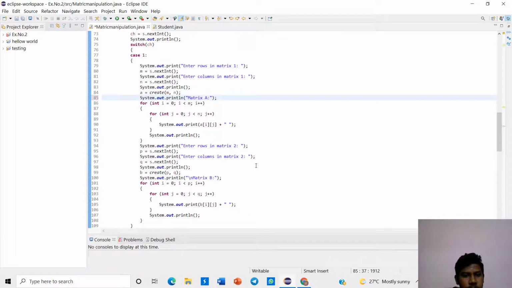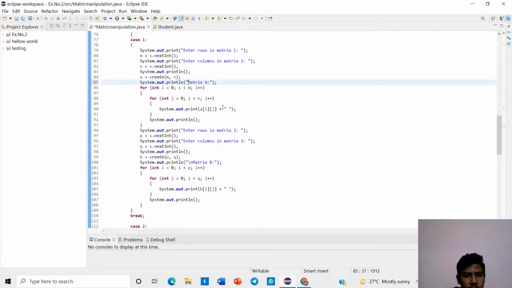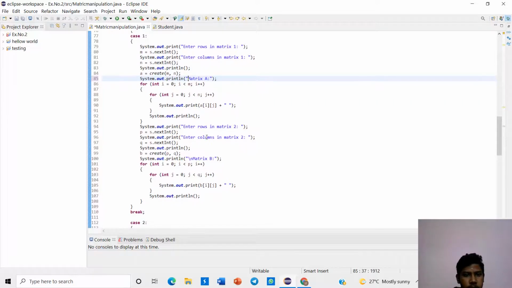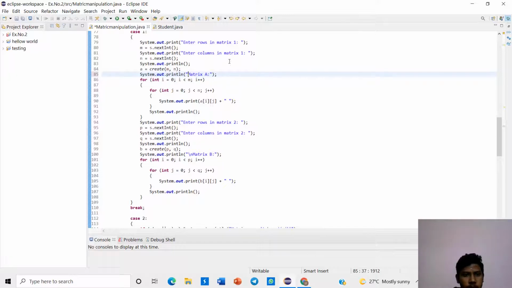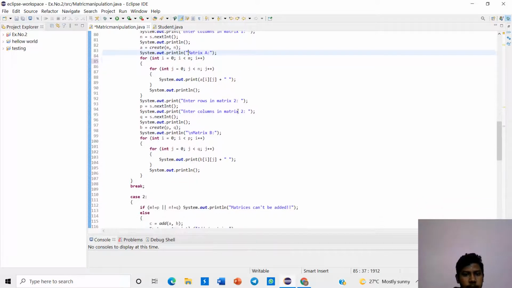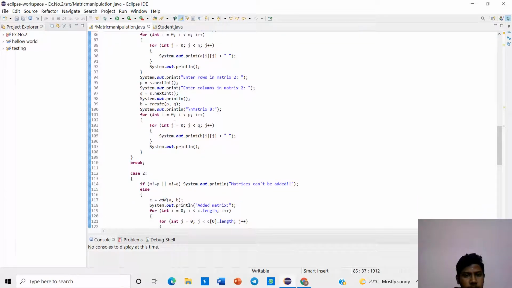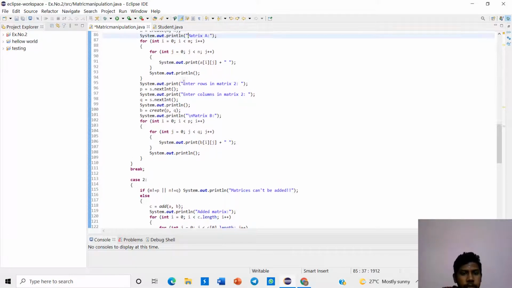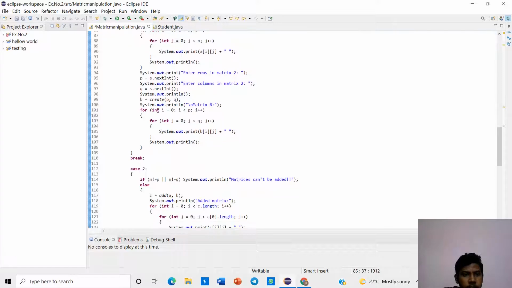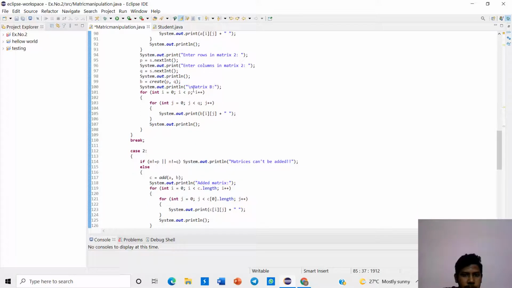Next we will create matrix A as int i is equal to 0. We get a proper matrix form by using these two row and columns. After that we also create the row and columns for the second row, second column. System dot out output, the same will be followed for matrix A. And the matrix will be displaying the value of multiplication, subtraction, like that. Then we use a for loop to create matrix B elements,